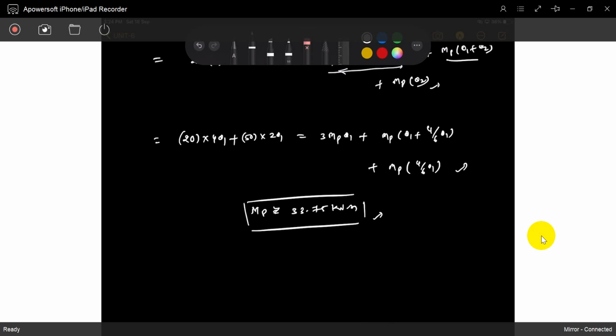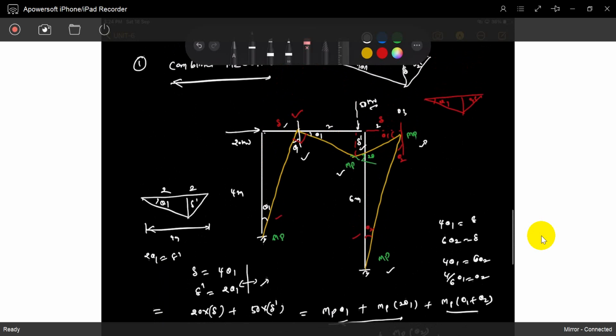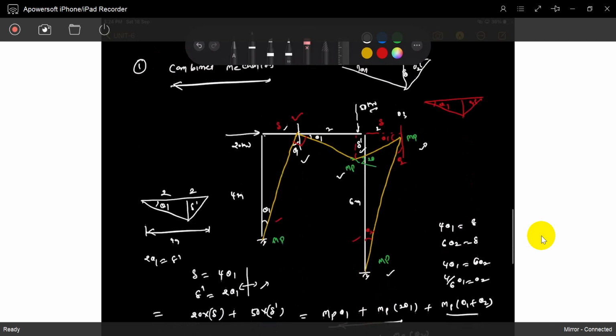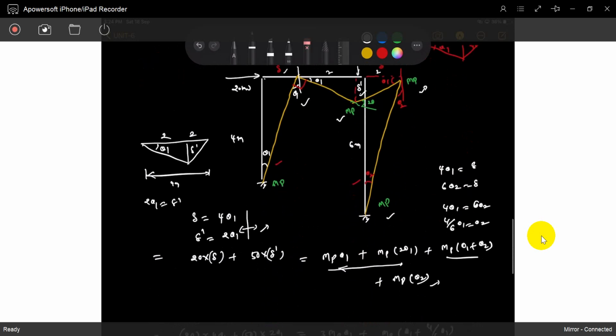It's not failed in an ultimate moment design, not in an elastic design. In ultimate design, it won't fail. Okay, got the idea? How we have to do the combined mechanism, sway mechanism, beam mechanism, and how those thetas are varying? Got the idea? That's the thing. So these problems are solving only for the plastic moment capacity.